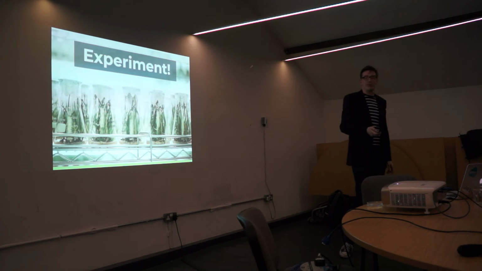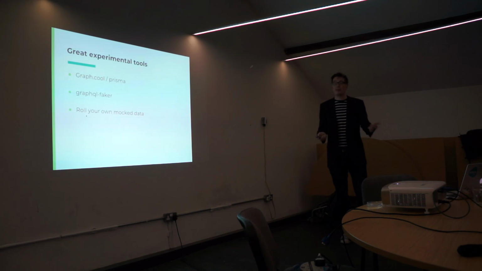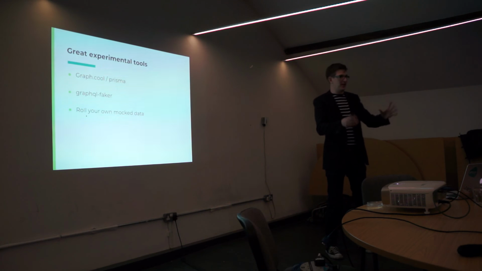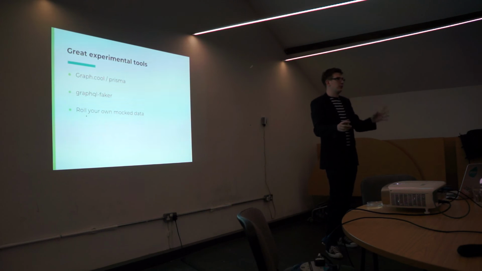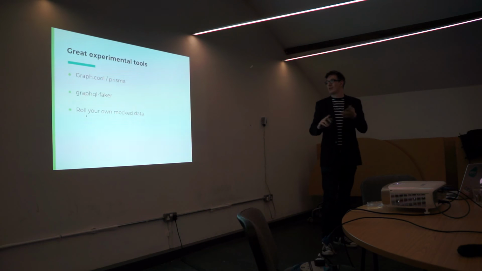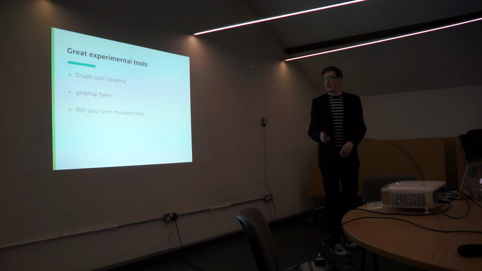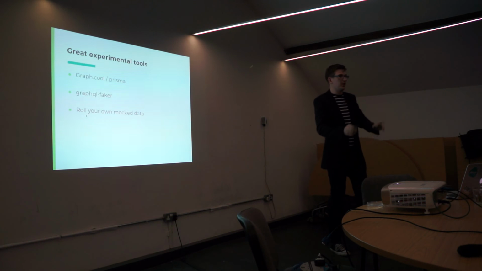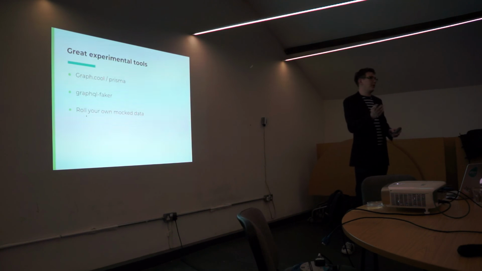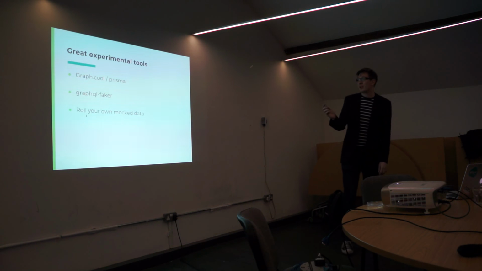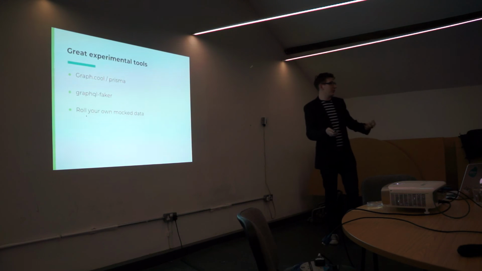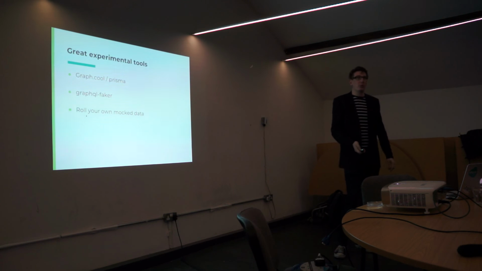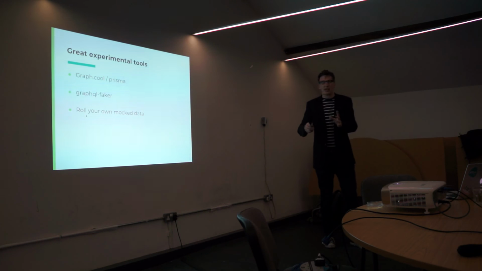And it lets you experiment really well as well. There are tools like GraphQL Prisma, which take a schema with annotations and will build you a fully functioning CRUD-based GraphQL API. So you can do mutations, inputs, filters, all that sort of nice stuff. And they have hosted solutions, so you can spin something up in about 5 minutes and have a working API. It's fantastic. Stick that in front of it and off you go. GraphQL Fake is awesome, and if you want to do something really custom, you can just write your own resolvers and roll your custom data. So you can really play around with it and see what you get before you have to commit to a full service.